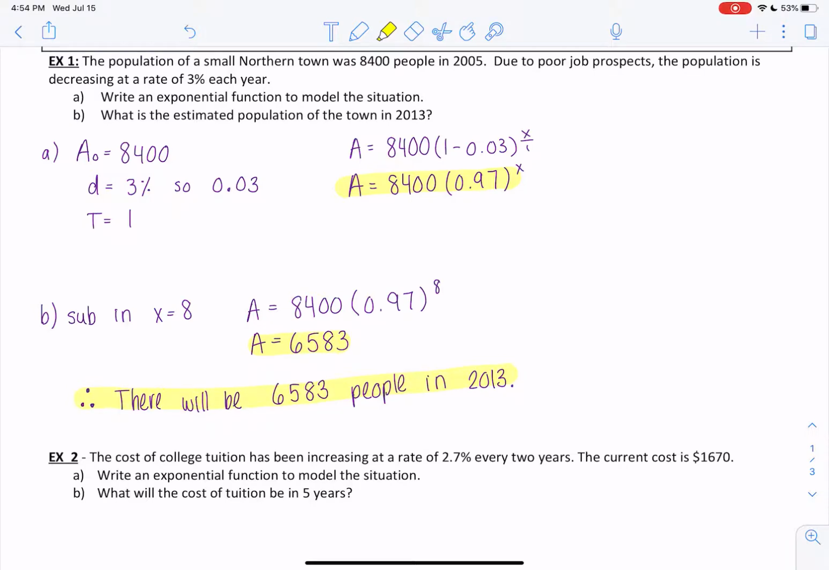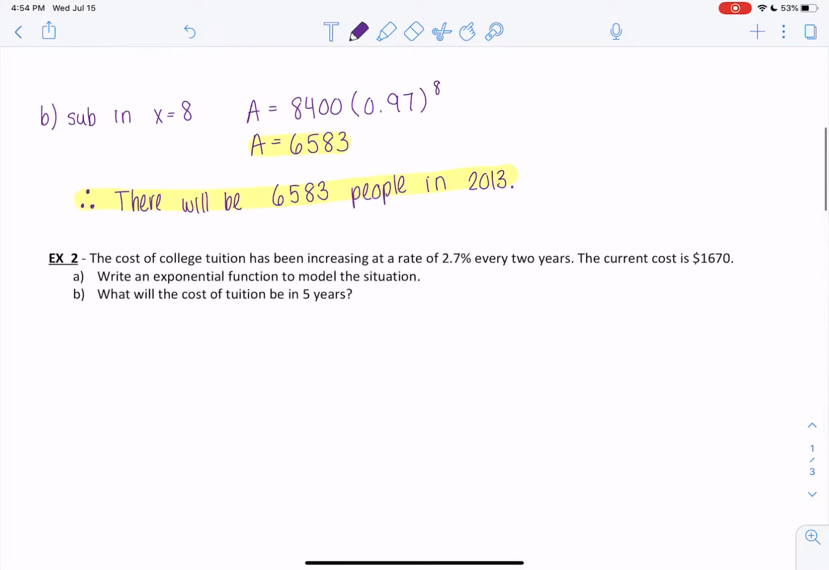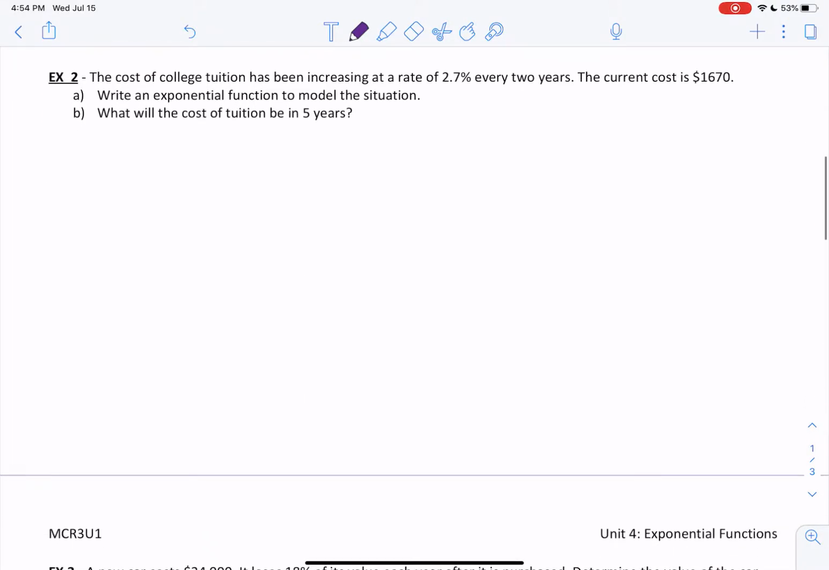Let's do another example. For our next example, it says that the cost of college tuition has been increasing at a rate of 2.7% every 2 years. The current cost is $1,670. The first thing we need to do for part A is write an exponential function to model the situation. So the first thing we have is our initial value. Our initial cost is